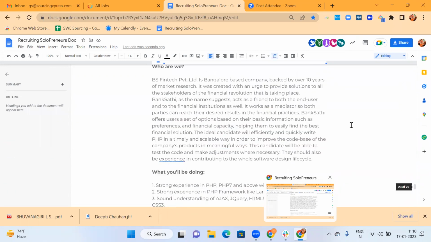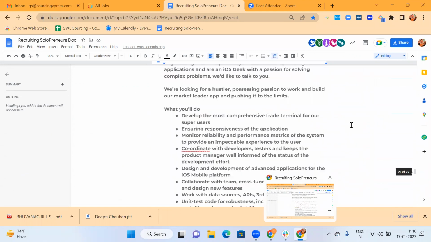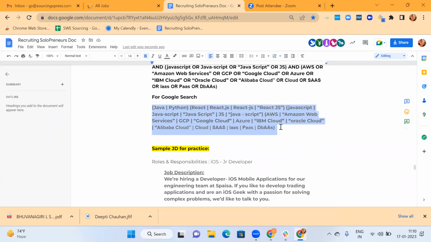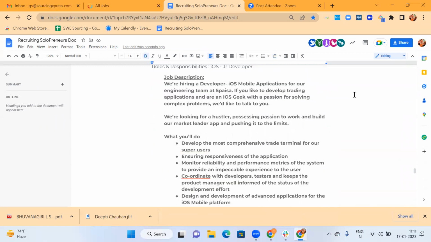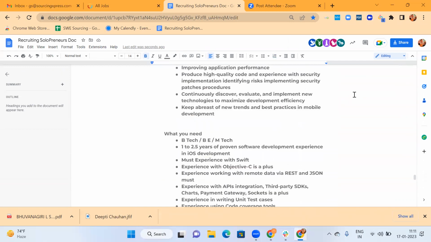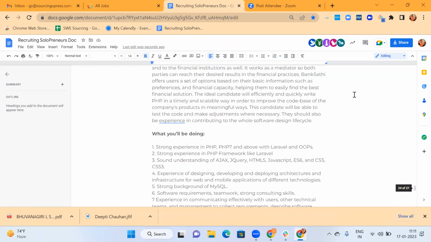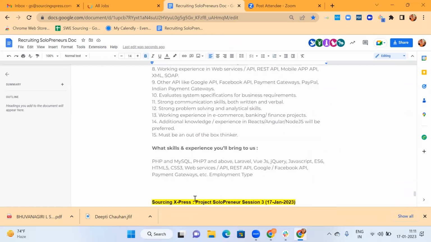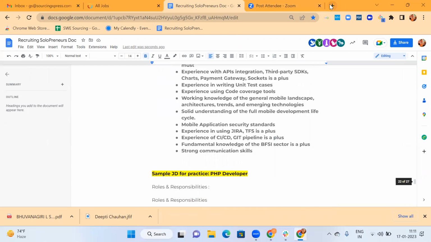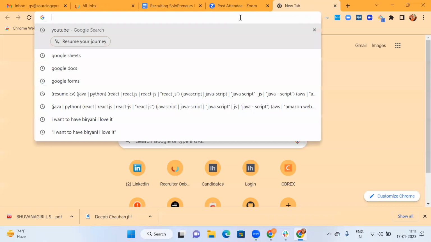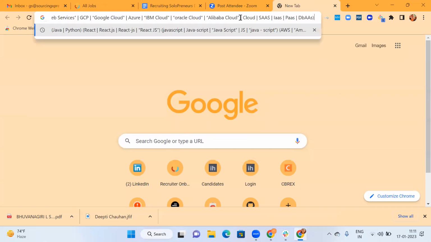So let's go to the string which we have developed. Let's take this string which we created yesterday by looking at one particular JD. I also gave you some homework. Not sure if you have created some searches on this particular JD. If so, please feel free to ping in a chat and we'll review it one by one. But before going there, let's cover NOT. So yeah, this is the string which we created yesterday.